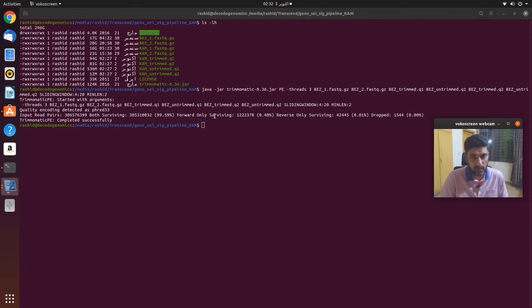The forward only surviving with this number, that is only 0.40%. Similarly reverse only surviving with this number, that is 0.01%. So total dropped are 1544, and Trimmomatic paired-end is completed successfully. This job almost took 2 hours to complete.